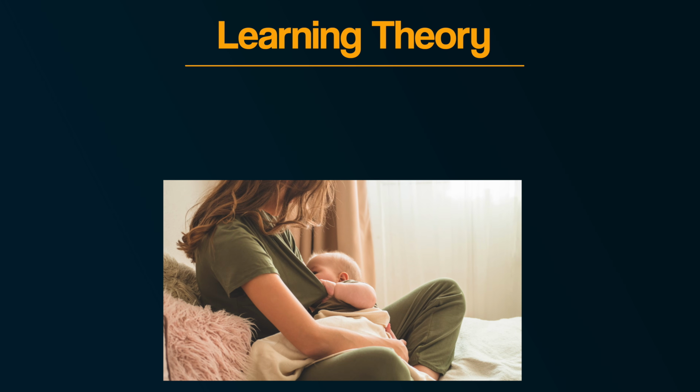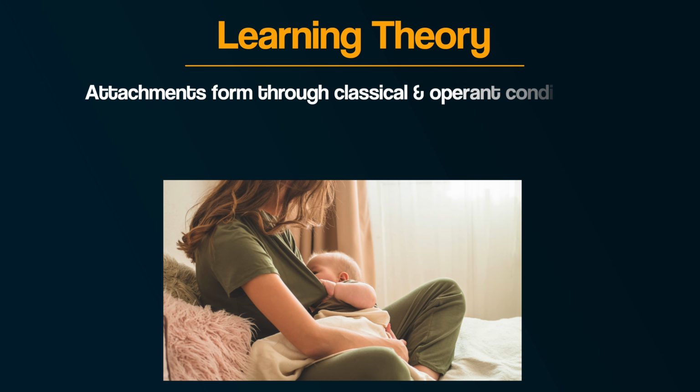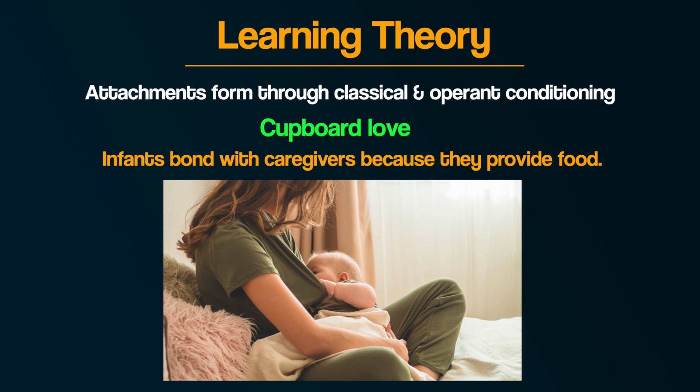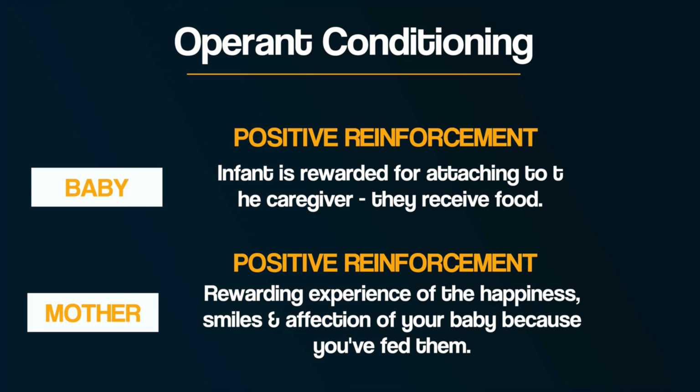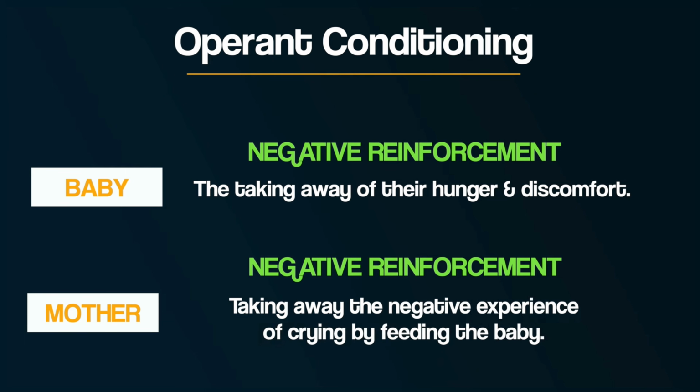Learning theory of attachment, based on behaviorism, proposes that attachments form through classical and operant conditioning. Known as cupboard love, it suggests infants bond with caregivers because they provide food. Through classical conditioning, the caregiver becomes associated with the pleasure of feeding, while operant conditioning reinforces attachment as food rewards the infant and the caregiver is reinforced by the baby's affection, and both experience negative reinforcement when hunger or crying